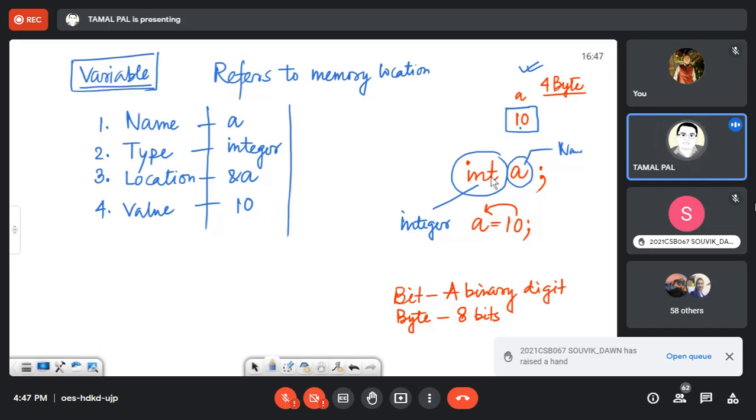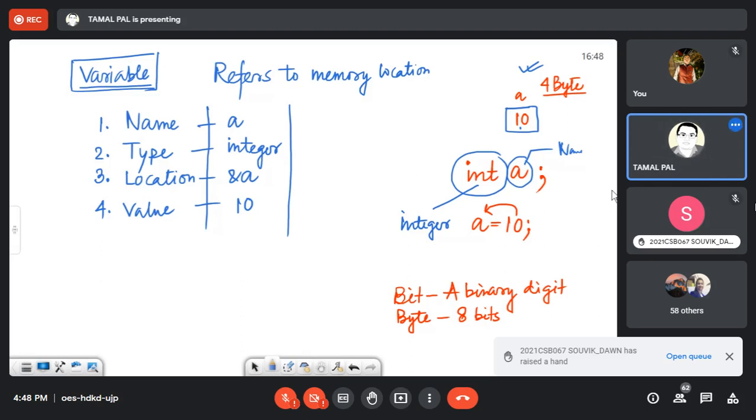Until I go through a program, you cannot understand properly. When it runs, the value of A changes.